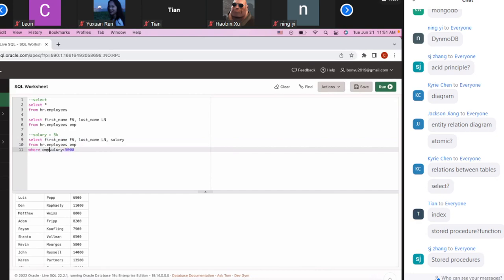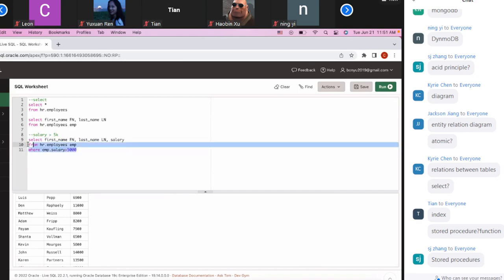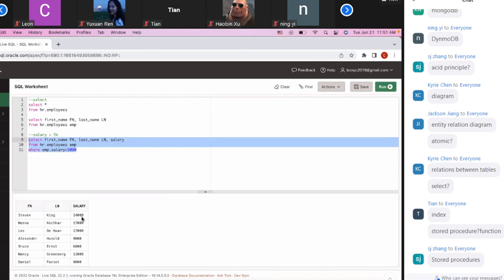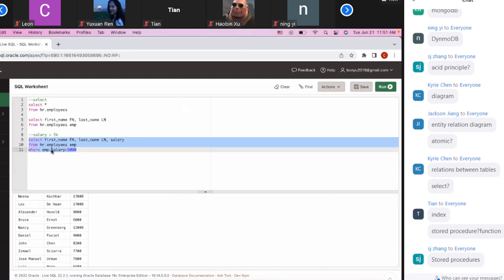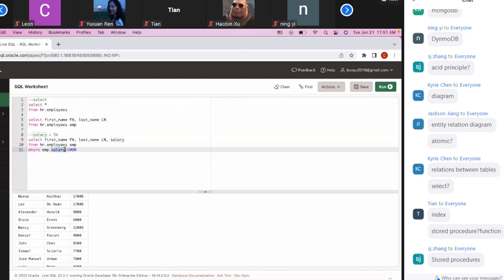And also, I think we can, because I haven't written SQL queries for a while, let me try to test it. Yep. You can also specify which table this column is from, but for now we only have one table, so we use the alias name.salary to specify that the salary is from this table. And